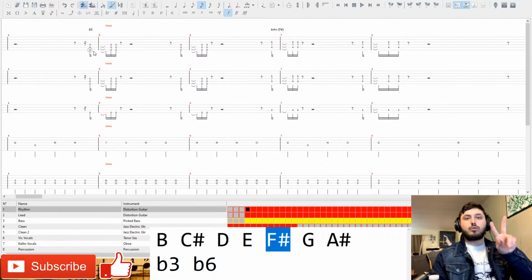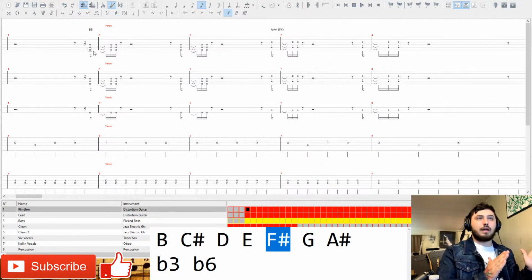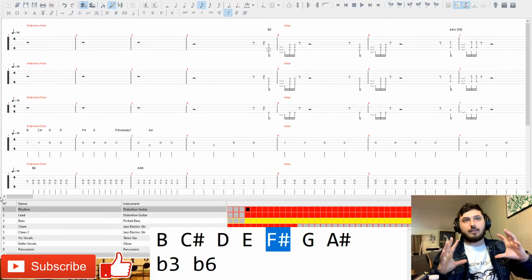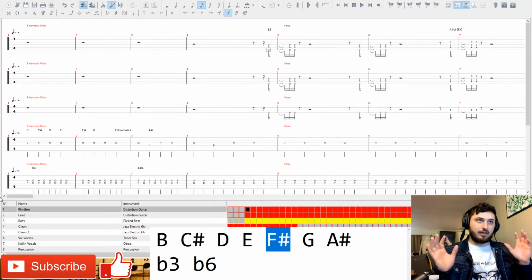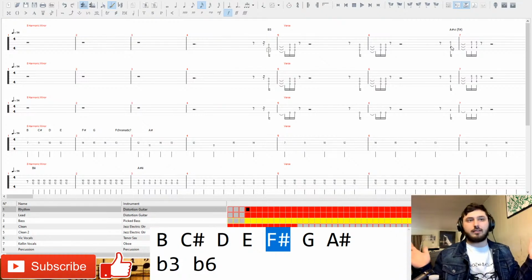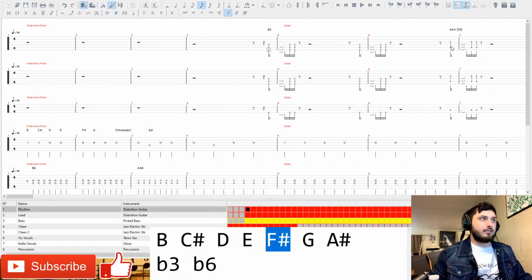So we've got this 2-chord vamp happening between a B5 power chord and an A sharp minor 6th. But we've also got the clean guitar alternating between a B minor 3rd. And so B minor 3rd and that B power chord are working together. They're not clashing or anything. They're just making everything thicker. And then when we switch to the A sharp minor 3rd, the A sharp minor 6th plays right into that. They're all just notes that work together. And it just does that twice, basically. Just the rhythm changes. So first we get that chuggy anticipation rhythm.